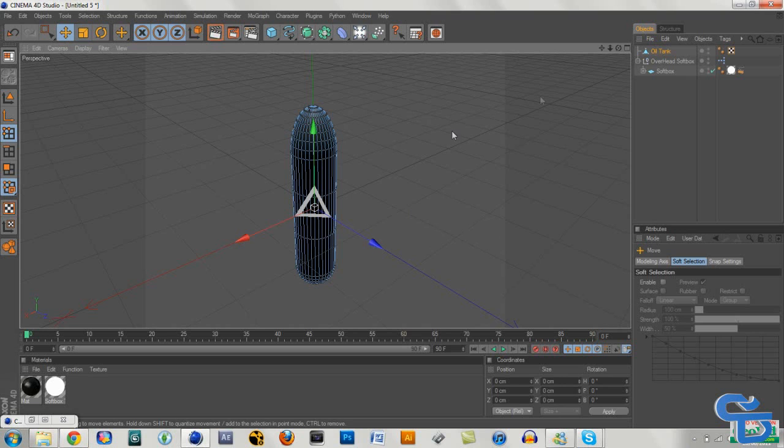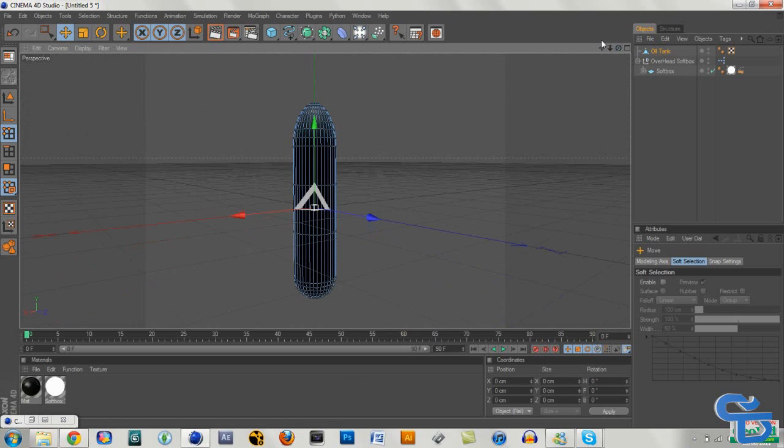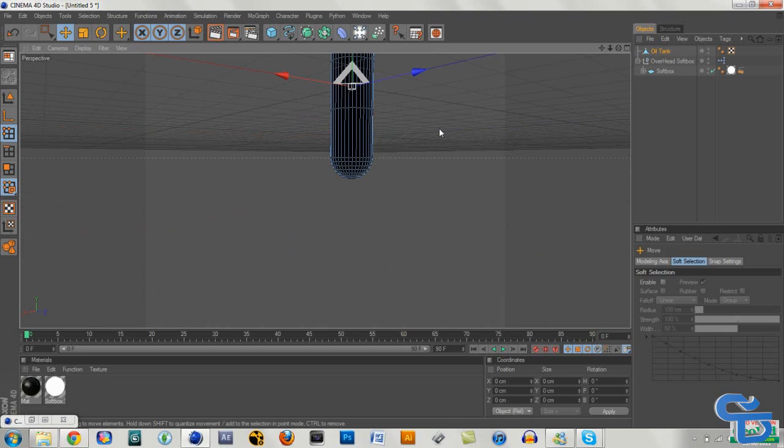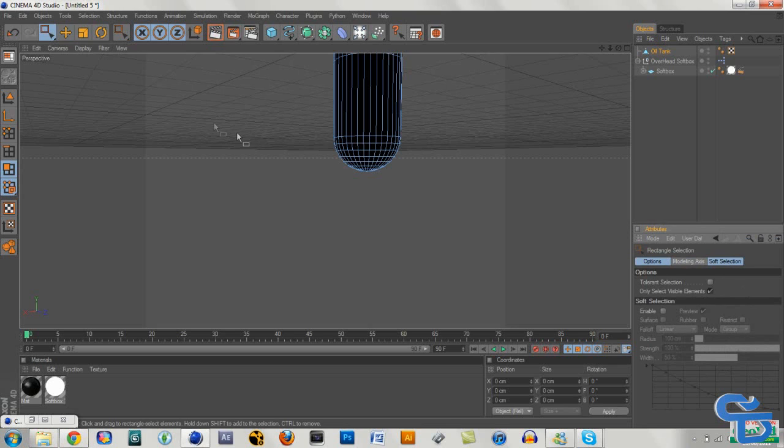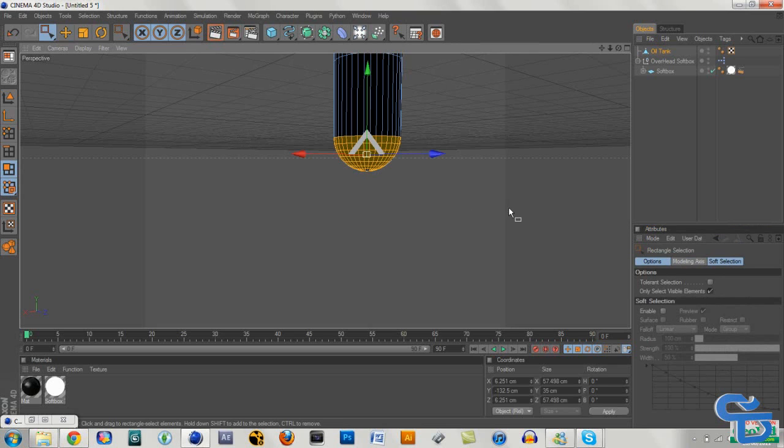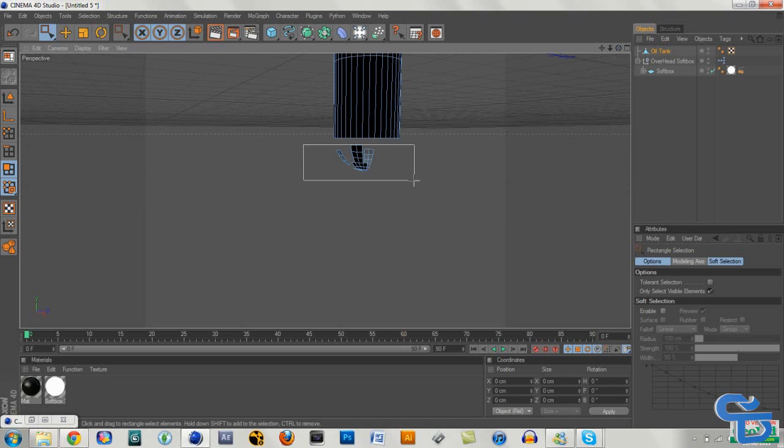And then what we're going to be doing now is going down here to the bottom of the bullet, and we're going to be clicking on the faces tab here, and go back up to our rectangle and go across the whole lot and hit delete, and go across again and hit delete again, and just keep doing it until you've got it all highlighted and deleted. We just want to take the bottom away from the object,